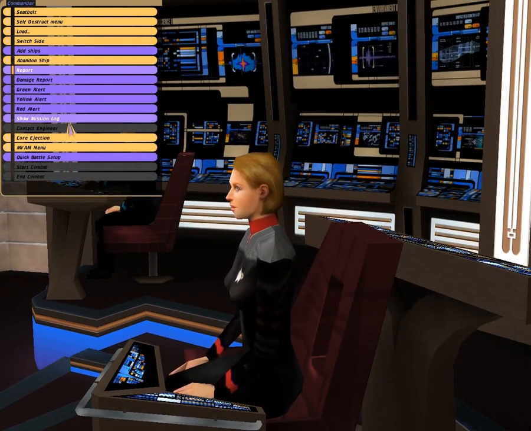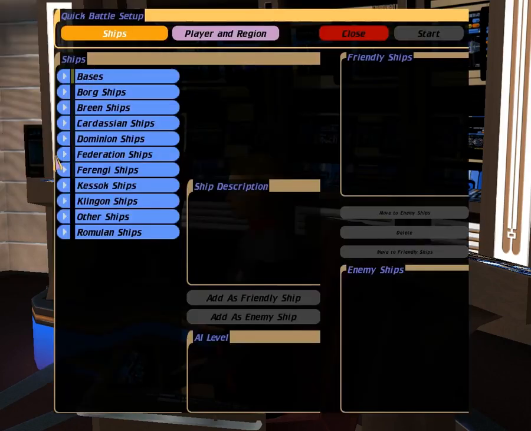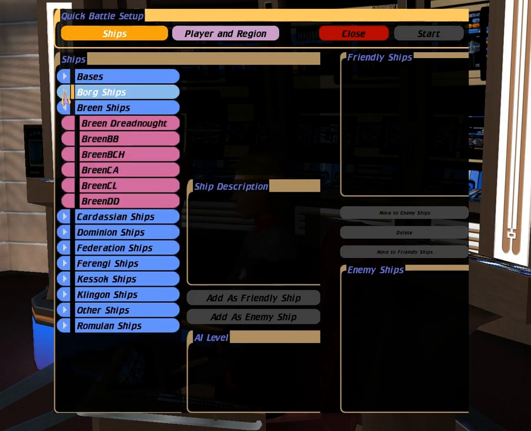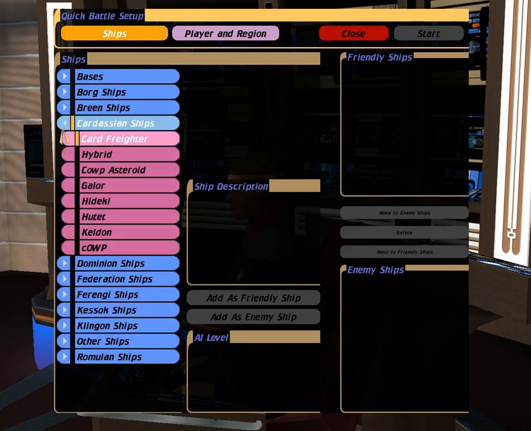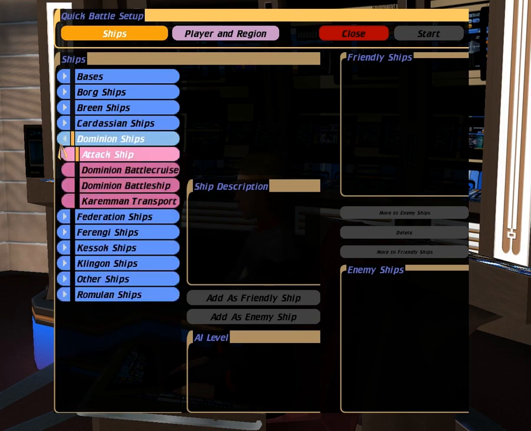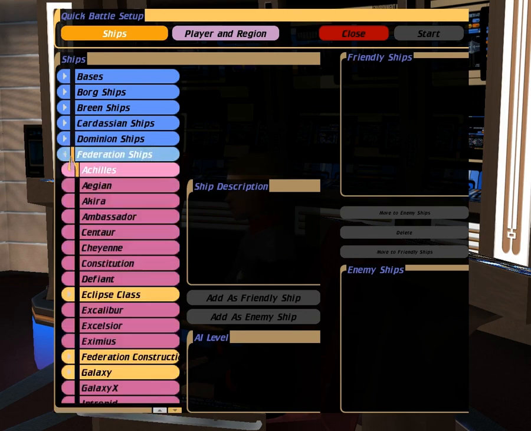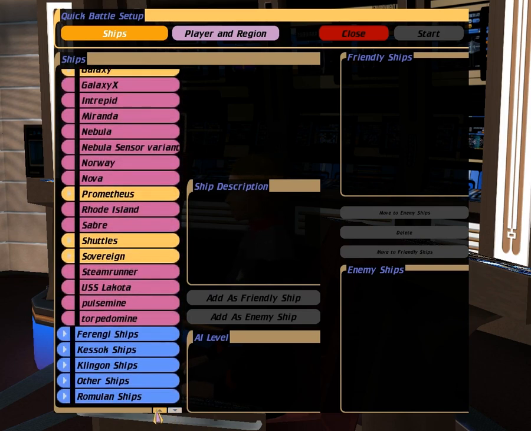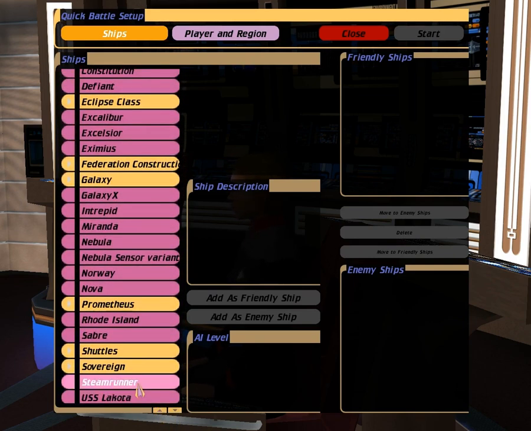There we go. So we're gonna go quick battle setup. You've seen this screen before, but have you seen it with Borg ships? And Breen ships? Yeah, we've seen those before. And Dominion ships? And lots of Federation ships? Not bad, eh? So the first thing to cover...